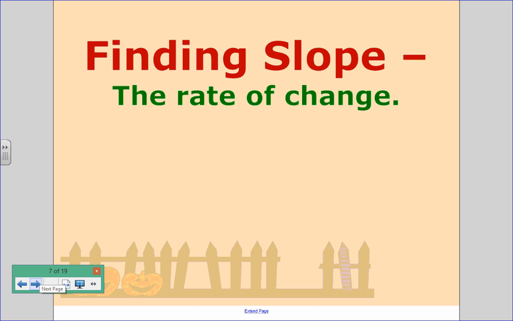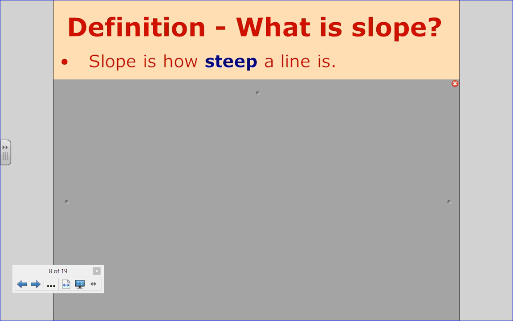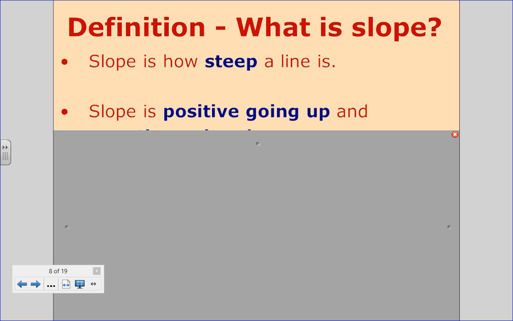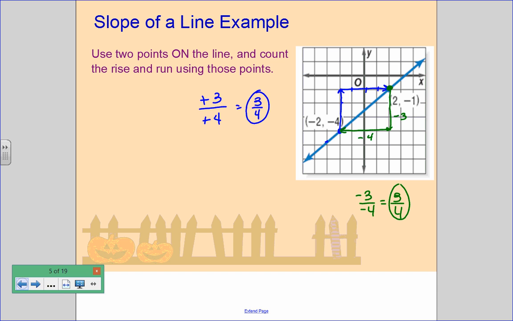Okay, so let's push this a little further. Slope is a rate of change. We know that slope we've just talked about is how steep a line is. So if a slope is going up from left to right, we should notice that it's going to be a positive value. So let's look at that. If I were to put a little man here on the left side of my line, notice he would be climbing up to get to the other side of the line. Because this is a positive increasing line, I should notice that the slope is in fact positive, going up from